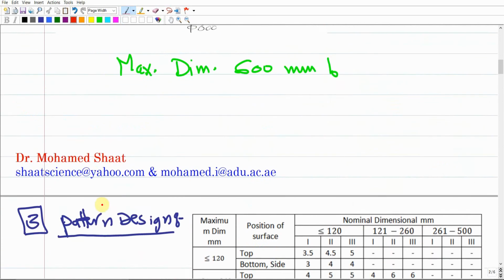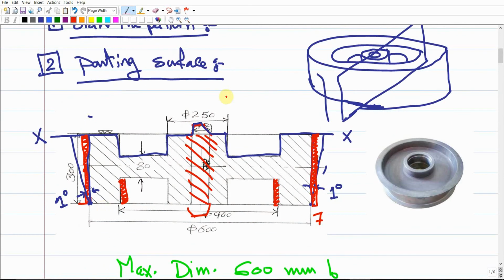How about the 250 millimeter? The 250 millimeter, which is this one, also connects two surfaces, which are this surface and this surface. It should physically be the same cylindrical surface, which is the external of the hub, and this is the same surface here, right? So this external of the hub with a diameter of 250 millimeter, these two surfaces are two sides. So going back to the table,